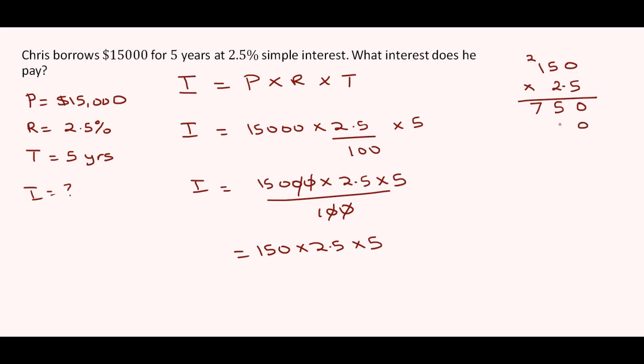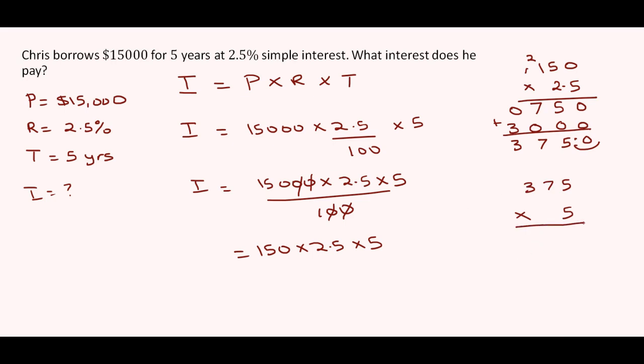0 multiplied by 2, we have 0. 5 multiplied by 2, we have 10. So we put a 0 here and we bring up a 1. 1 multiplied by 2, we have 2 plus 1. That's 3. I'm going to put a 0 here to make everything the same number of digits. So 0 plus 0, we have 0. 5 plus 0, we have 5. 7 plus 0, we have 7. And then 3 plus 0, we have 3. We have 1 decimal, so we're going to come right here. So now we multiply 375